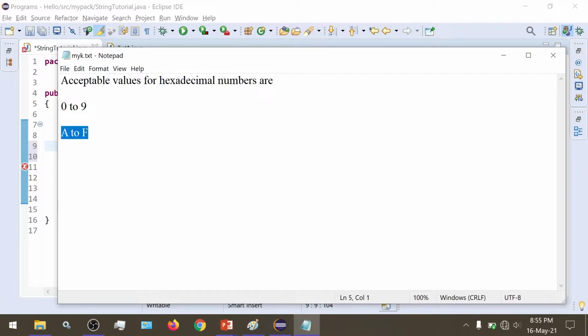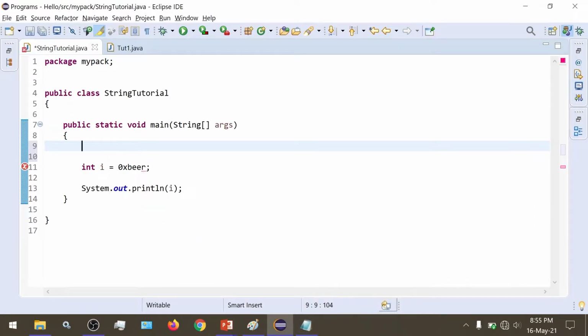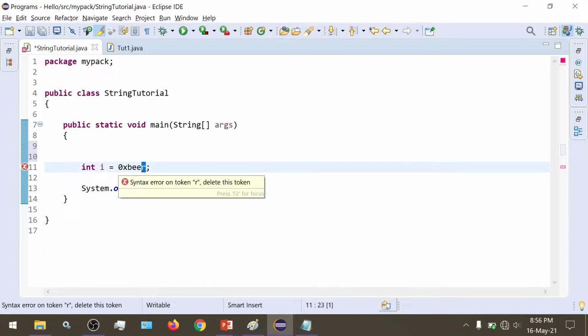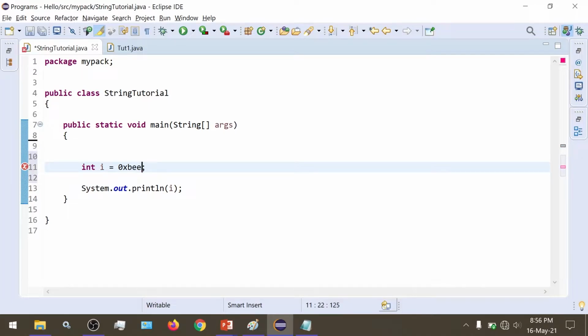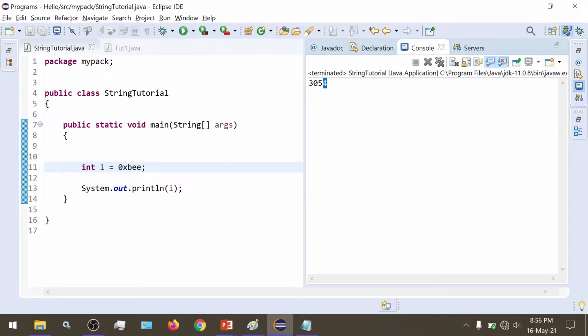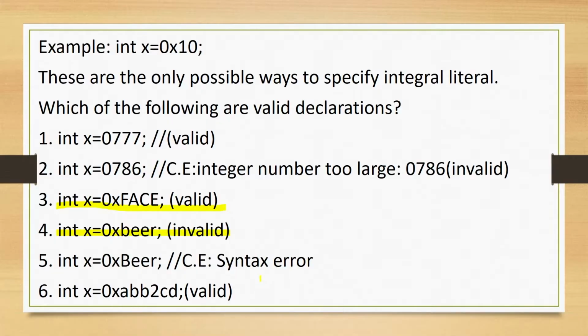Here we are giving the character R, which does not belong in the range. So it doesn't know what to do with this character R. Hence we are getting an error. If we remove this and try to run, it runs. So this is correct.